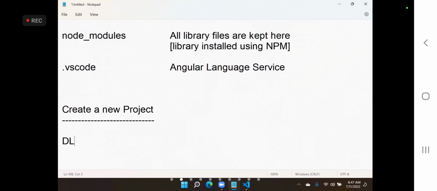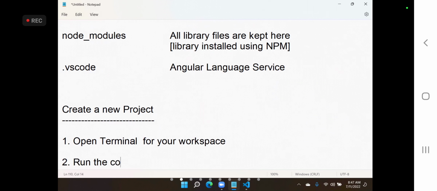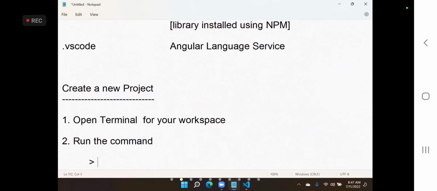In your workspace location, first open the terminal. Already you know the terminal. So open the terminal for your workspace, and there you can run the command. What is the command in the workspace? You have to do ng generate application and any name.